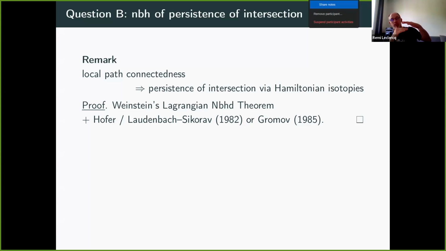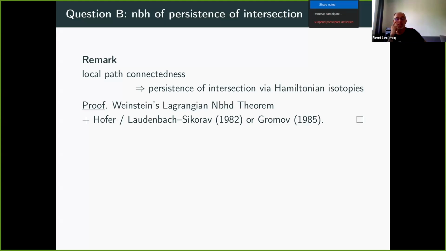If you have such a neighborhood of your Lagrangian, in which you know that any other Lagrangian which is Hamiltonian isotopic to L can be joined to L, the zero section, by a Hamiltonian isotopy included in this neighborhood, then you can just forget about the rest of the manifold and think of this inside the cotangent bundle of L. Since now you have the zero section and something which is Hamiltonian isotopic to it, then by an old result of Helmut Hofer or François Laudenbach and Jean-Claude Sikorav in '82, you know that this other Lagrangian has to intersect the zero section.